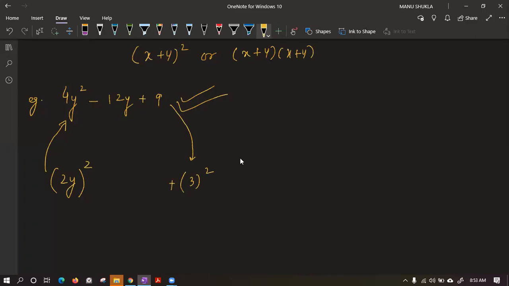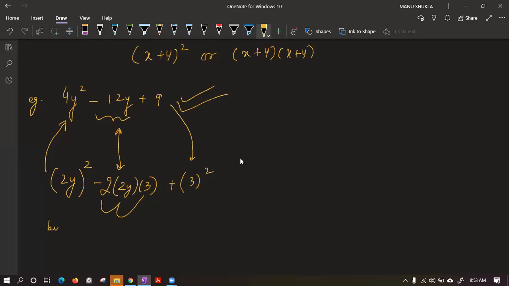Now the question comes, we want something in minus in between. So let us try to see, is it working? The 2ab thing. Let us check. Class, please confirm, is it working? 2 2s are 4, 4 3s are 12, y. So we have 12y. It is the same. It is working.